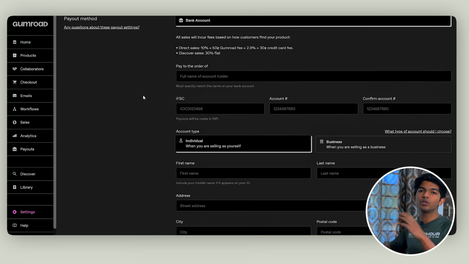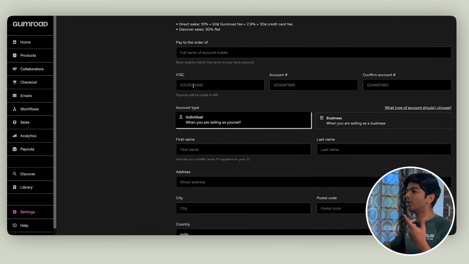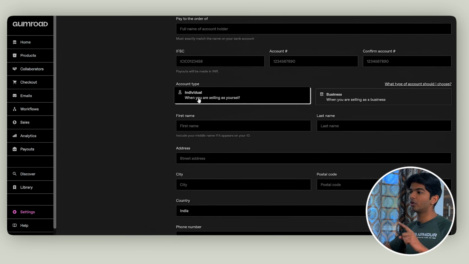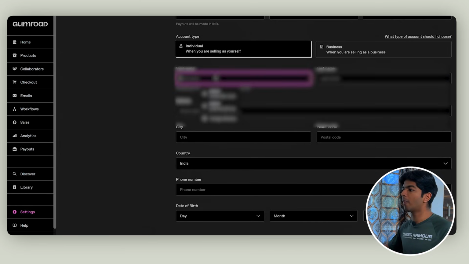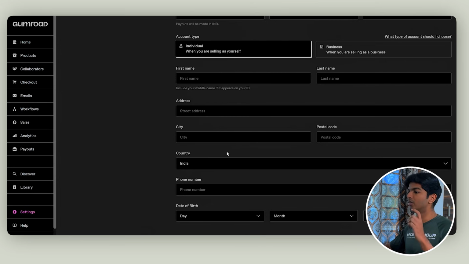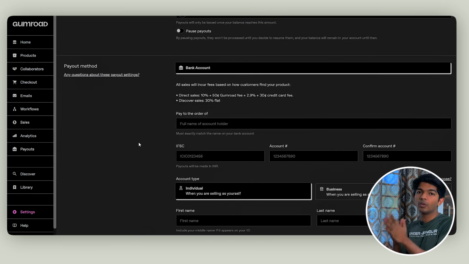Then we have the usual process where you just add your account holder name, your IFSC code, account number, and all of the stuff. So here you're going to choose individual. So if you're a business, you can choose business, but I'm assuming a lot of you are individuals. So I'm going to hit on individual, add my name. You have the city, all the just basic local information. And once you fill up all the details, you can continue and it's going to directly link Gumroad to your